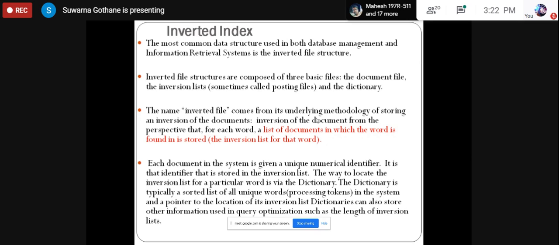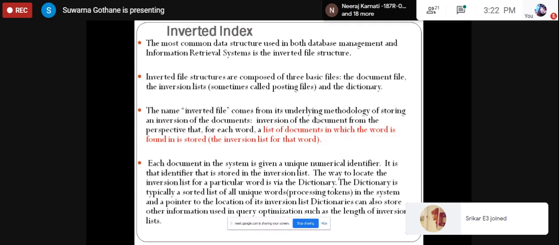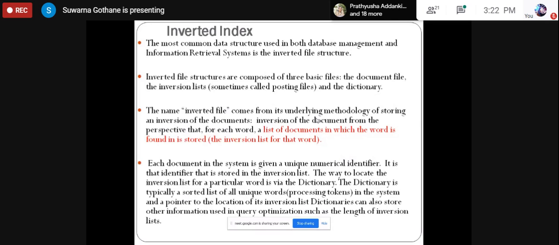Okay, so what is inverted index? Inverted index is a data structure which is used in database management systems as well as in IRS. It commonly consists of key terms such as the document file, the inversion list and the dictionary. So document file is nothing but the entire set of files, which are called the document file. Inversion list, what is an inversion list? Just now we have discussed. Inversion list is nothing but